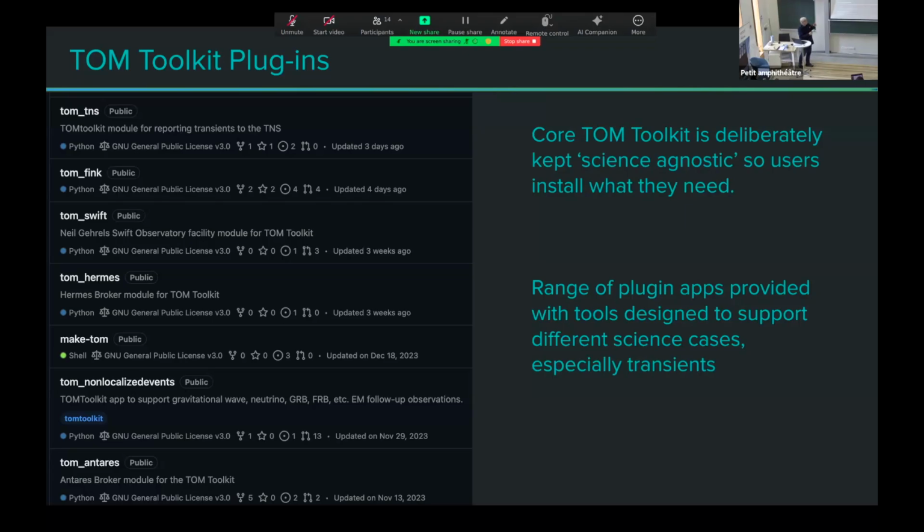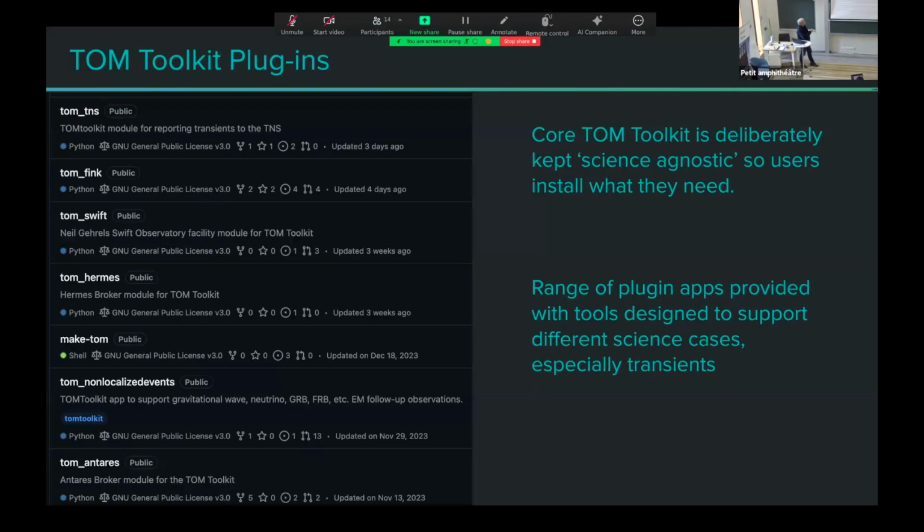But each one of these is a plugin that you would install into your Django application, into your TOM. For example, if you install TOM Swift into your TOM, that will give you an interface to submit TOO requests to the Swift